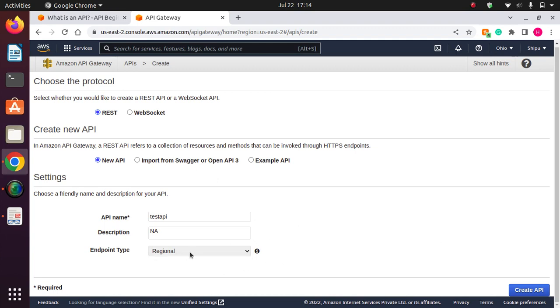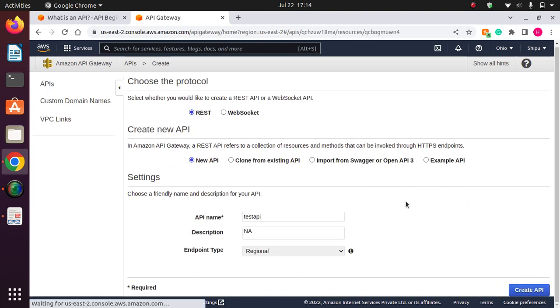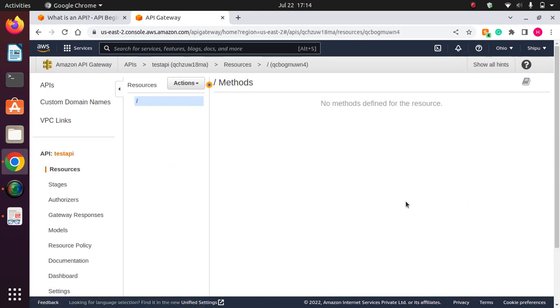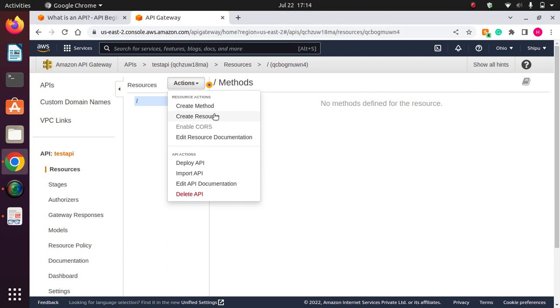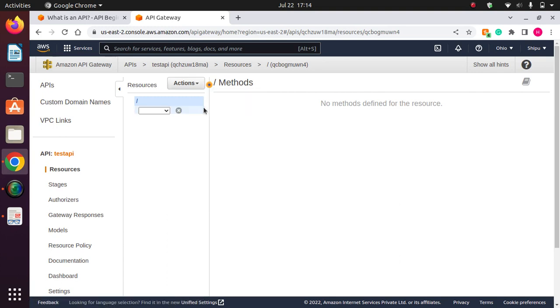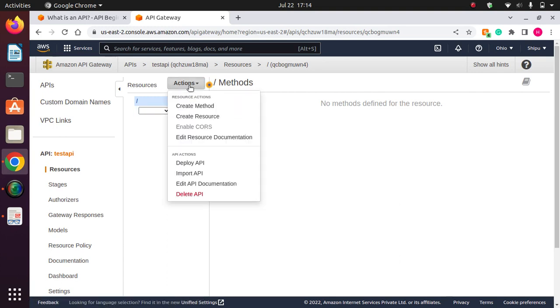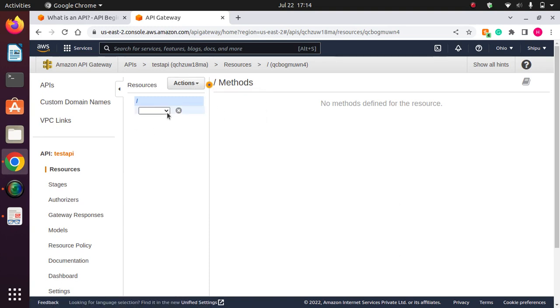Okay, I'll go with regional, and now creating the API. So now the API gets created. Okay, this is the API. Now I have to create a method. You can create a method, or you can create a resource as well, whatever you want. So okay, I'll go with the